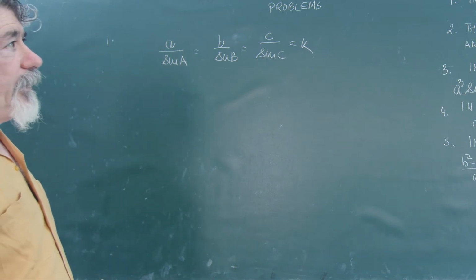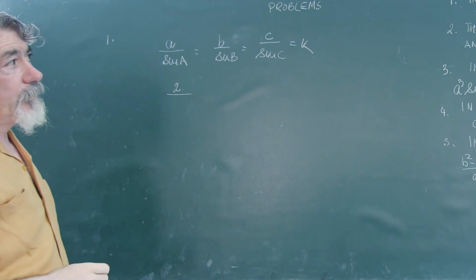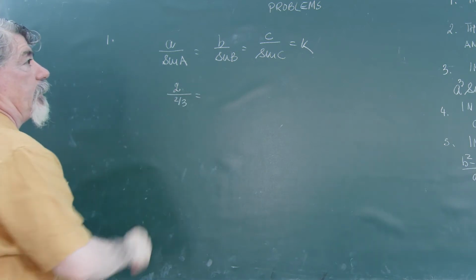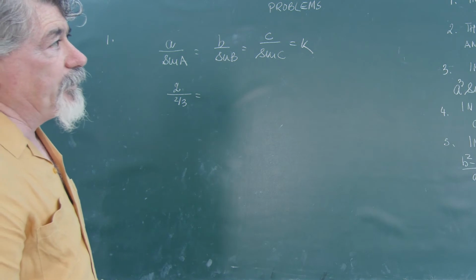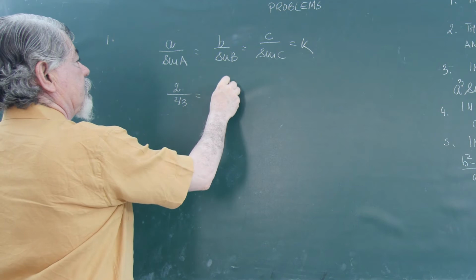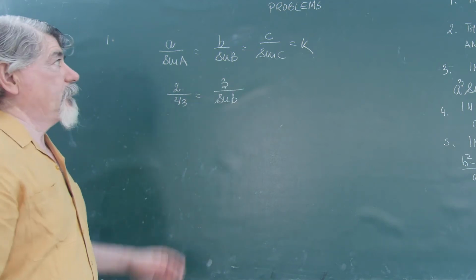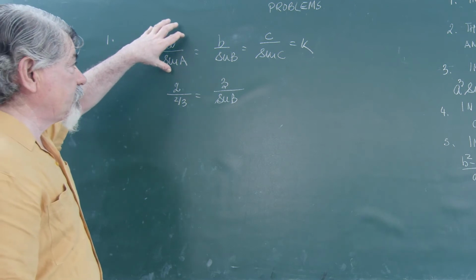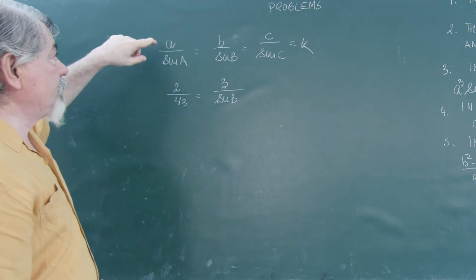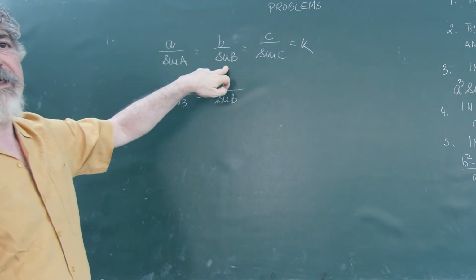Now the value of a is given as 2, sin A is given as 2 upon 3, and I want to find sin B, I want to find angle B. So obviously b upon sin B. We'll use the portion which we require. We require only this ratio and this ratio. These two ratios are equal to each other, because he has given you a, he has given you b, he has given you sin A, he wants you to find sin B.